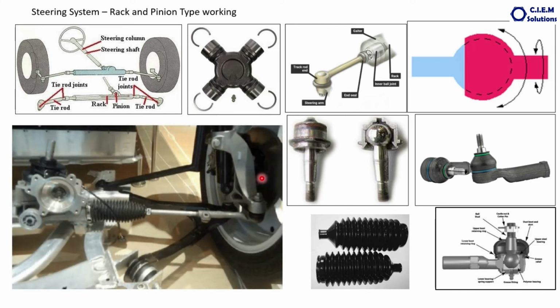This is how it looks. This is a tie rod, and this is a kind of steering mechanism, maybe a hydraulic power steering here, which we'll be discussing in the next video. These are the ball studs, these are the ends. The other side will also be like this. And one question here,